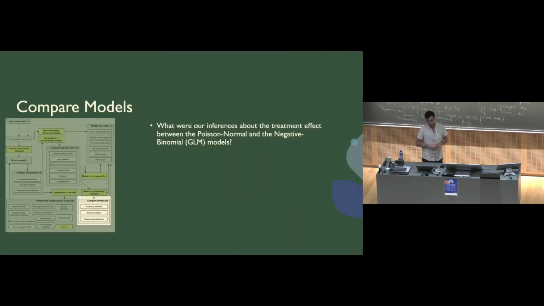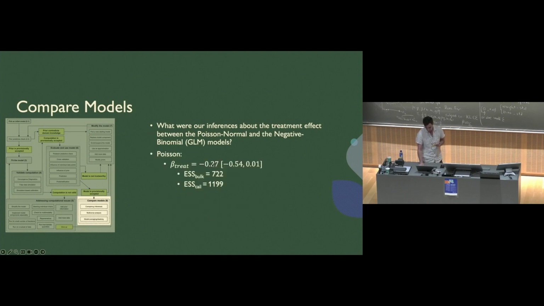All right. So at this point, we've now made our way to the very end of the workflow. So we're happy with our Poisson normal random effect and our negative binomial with a GLM. Now, most people are going to jump straight to the negative binomial, but what if you want to make sure that you're really using the right model? We want to make some sort of comparison and check here. So a really good one is to look at the inferences and the quality of those inferences that are coming from your model. So if we look at our posterior for the treatment effect, we can see that our mean,